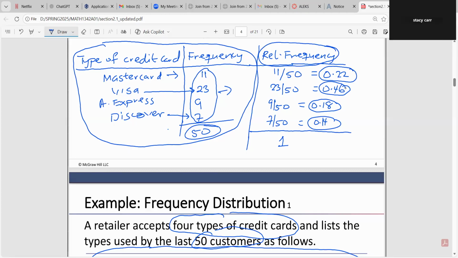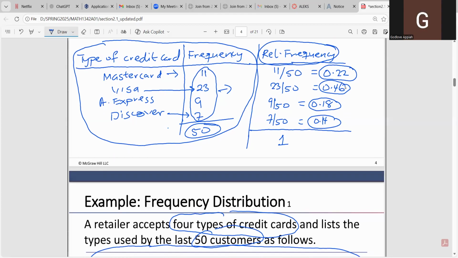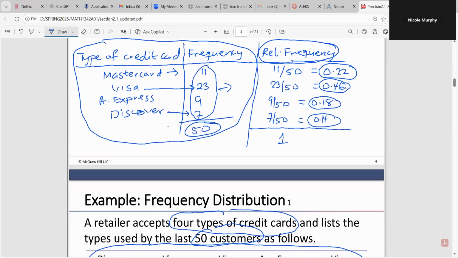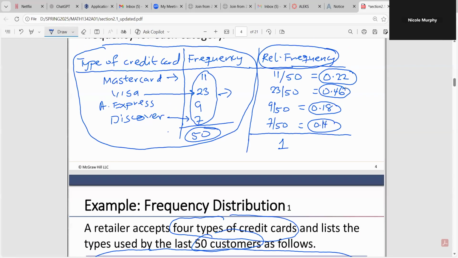Are we good? Yes. Great. All right. So again, if you have any questions, feel free to ask, or you can type it in the chat. All right. So that is it about relative frequencies. So whatever is in that last column, like the last one was frequency, so that was the frequency distribution table. Since we added the relative frequency column, it's now a relative frequency distribution table. That is correct. Yes. Okay, thank you. So you always name the table according to that last column. That's how we do it. Okay, perfect. Yeah. Thank you. You're welcome.